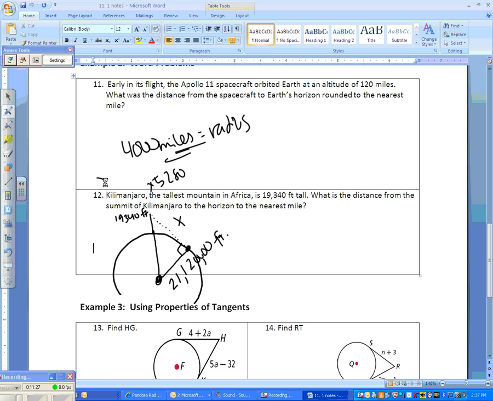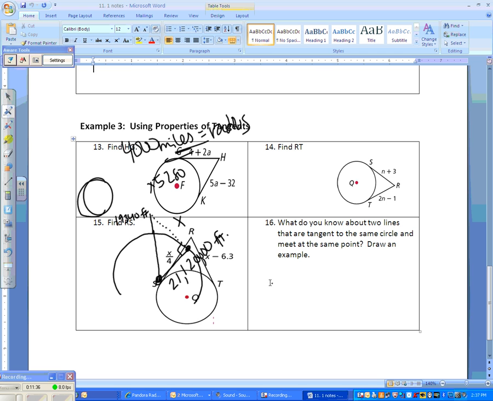So try to do this one. I know these are big numbers, but you can use your calculator and figure out how far away Mount Kilimanjaro is from the horizon. Okay, the last thing we're going to talk about is that when you have cone heads,